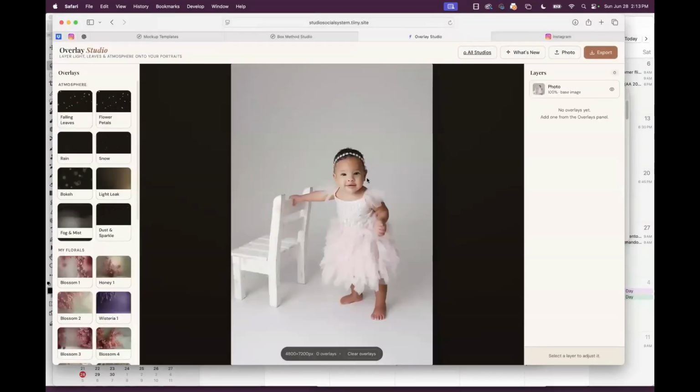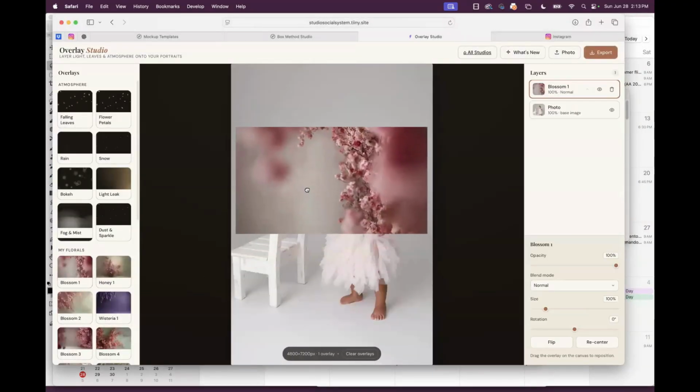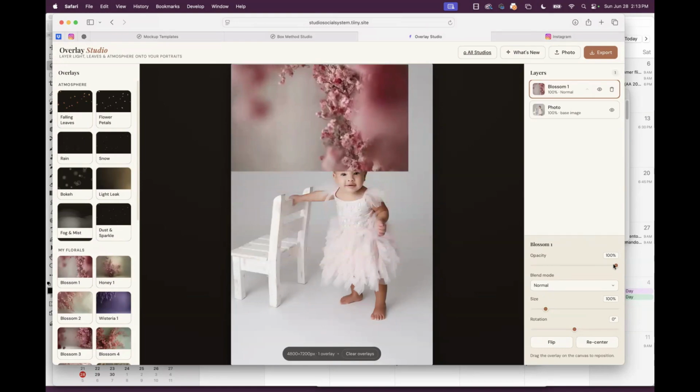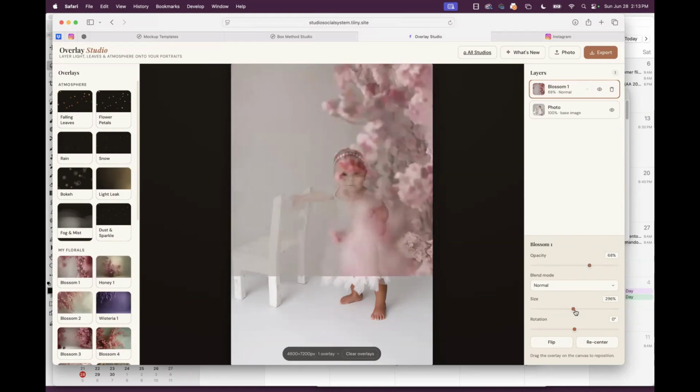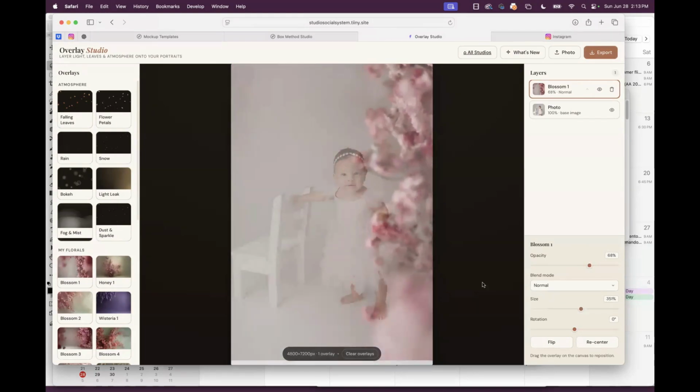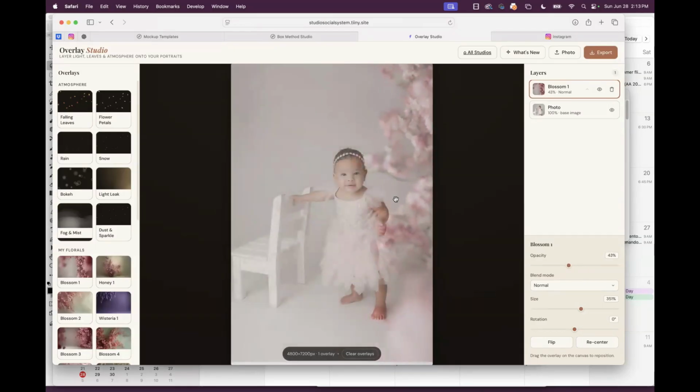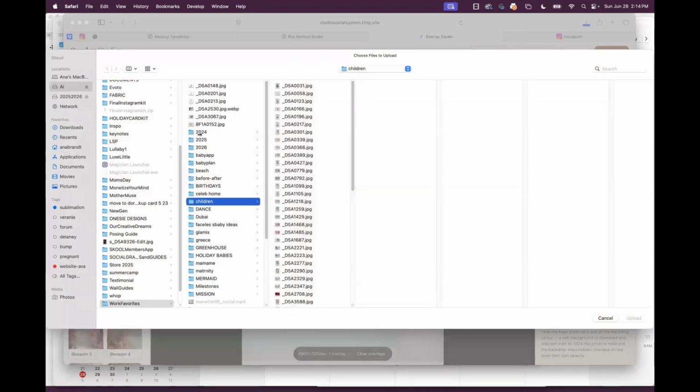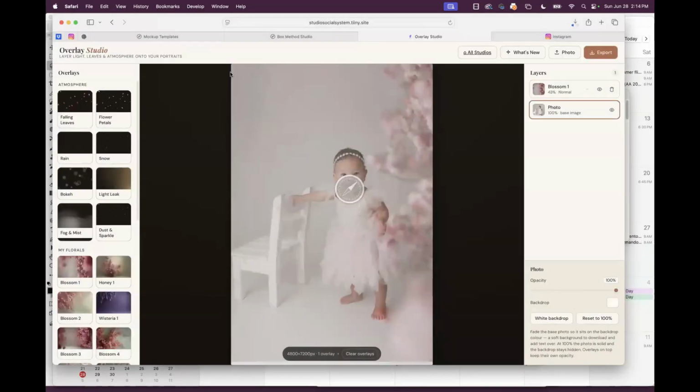Let's just do that. And then let's say I do the overlay and then we change the opacity. Let's change the size here. And it's just a pretty overlay. You can export that and see how it looks. So this is also something that I'm going to add. Oh, no, it wants to save it. That I'm going to add more to as well. This is pretty new.